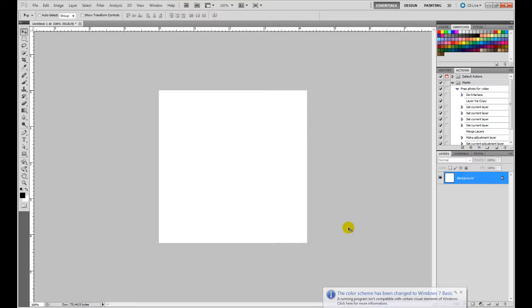Hello, this is a tutorial about gradients. So what we're going to do is to create some cool effects that you can do with that very useful tool that Photoshop has. So we're going to start with a blank document here that I have created, and we're